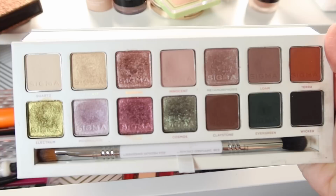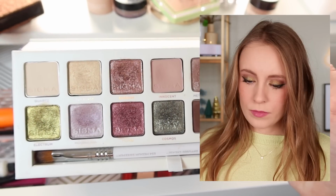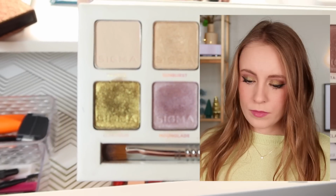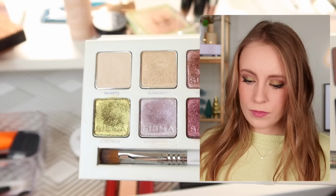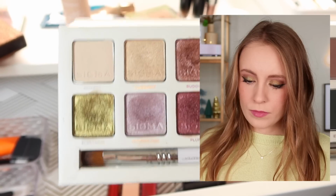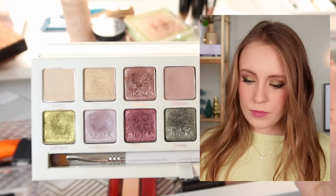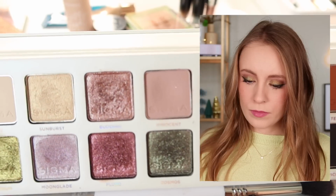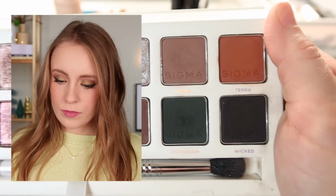But then another look I did with this actually turned out a lot more springy than I intended, but it had this shade Electrum here, this gold in the bottom left, all over the lid. That gold, depending on what colors you pair it with, either pulls gold or more of a green. And in the look that I did, it ended up looking a lot more green, but I had that all over the lid. Then that matte light pink called Innocent in the crease, and then I used that deep green,